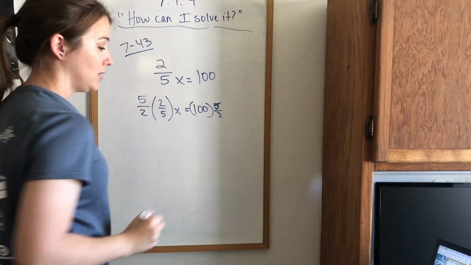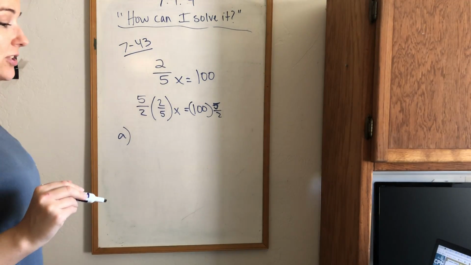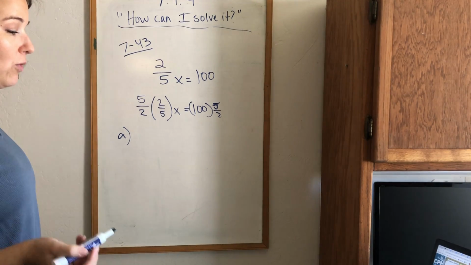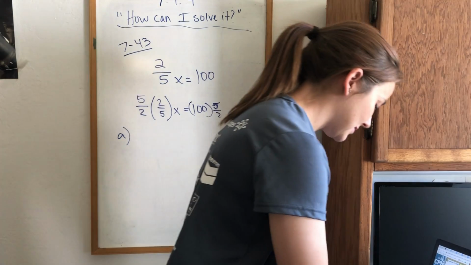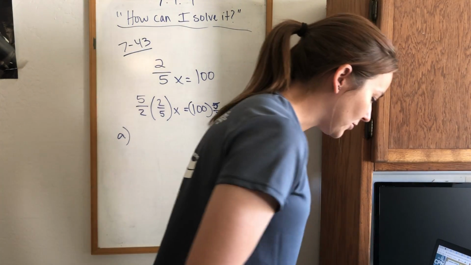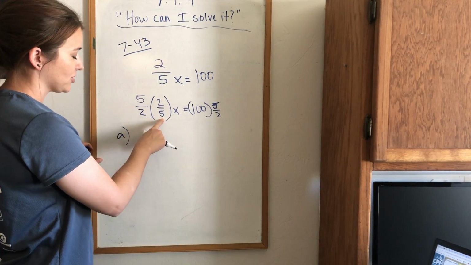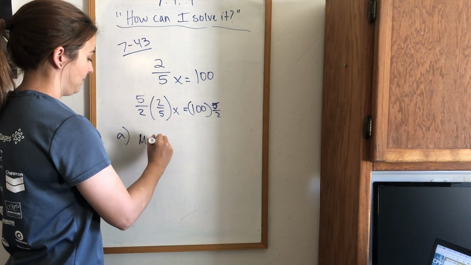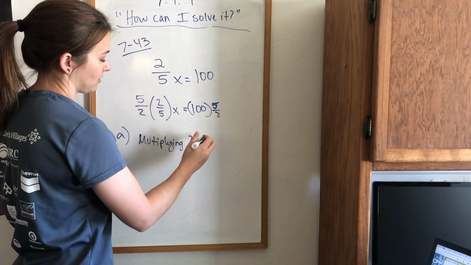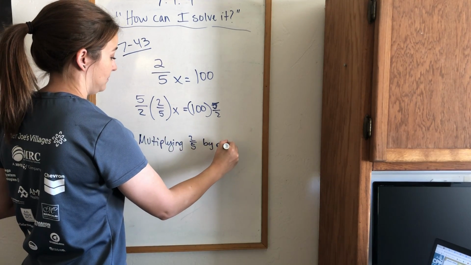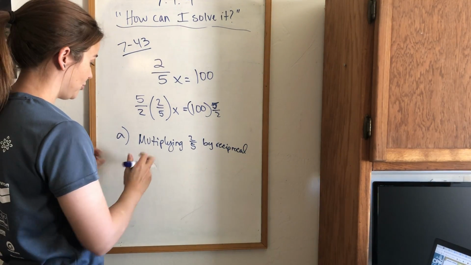So it says, how does Lee's work relate to the similar triangles diagram? What is 5/2 times 2/5 x equal to? So what is he doing here? He's multiplying 2/5 by its reciprocal. Reciprocal means flipped upside down. To get,